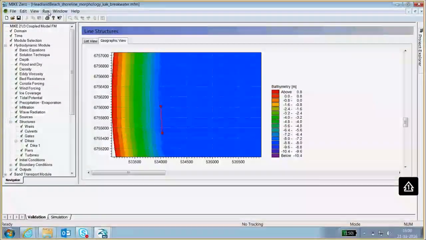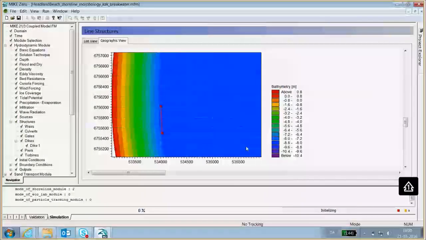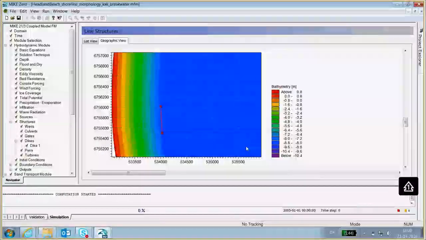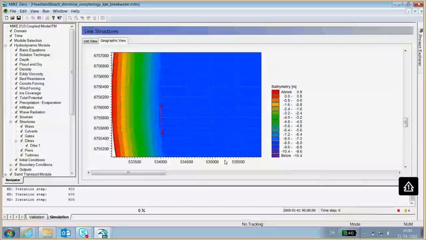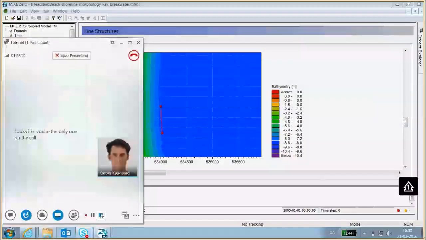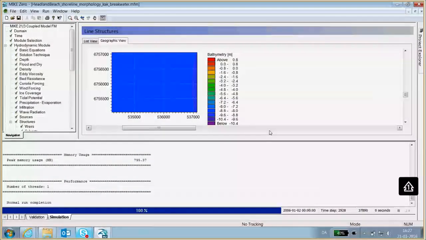Press save, and then we'll run that model and see what the effect of our offshore breakwater is. So again, this is going to take approximately 15 minutes to run. So we're not going to be bored with that, so we'll fast forward. Okay, so now the